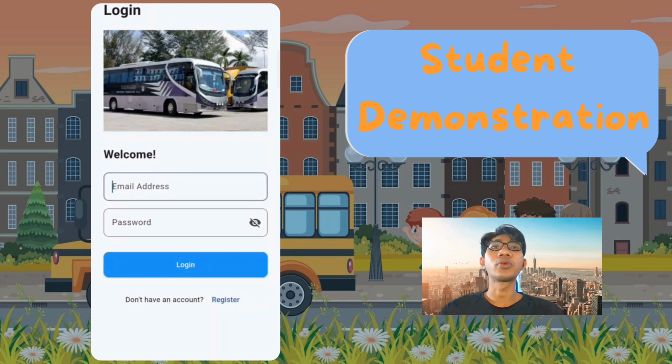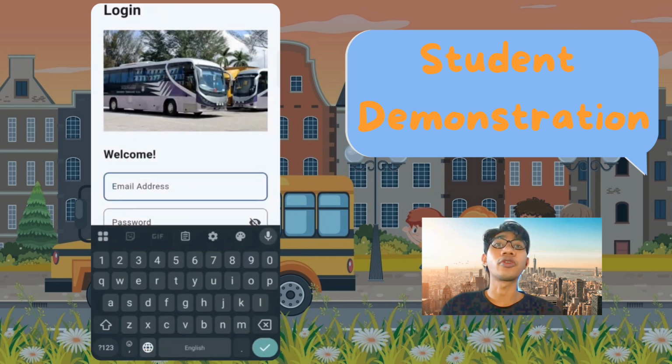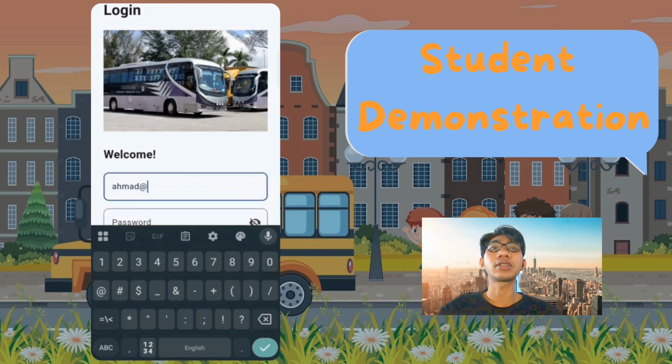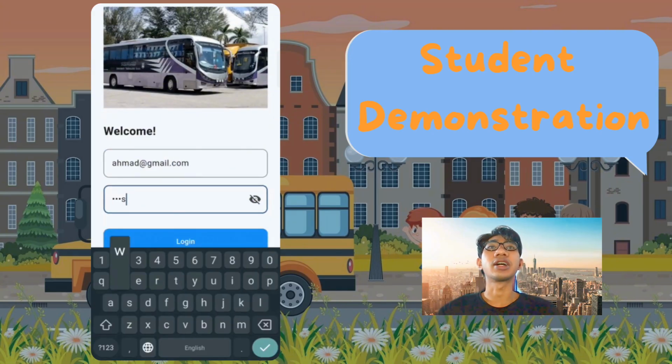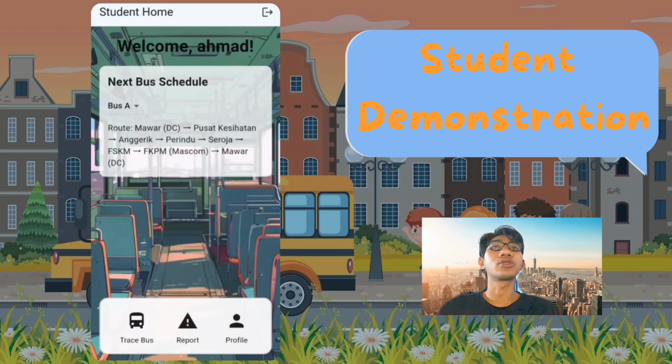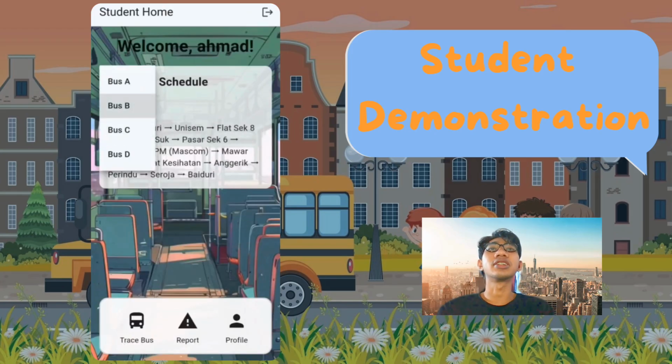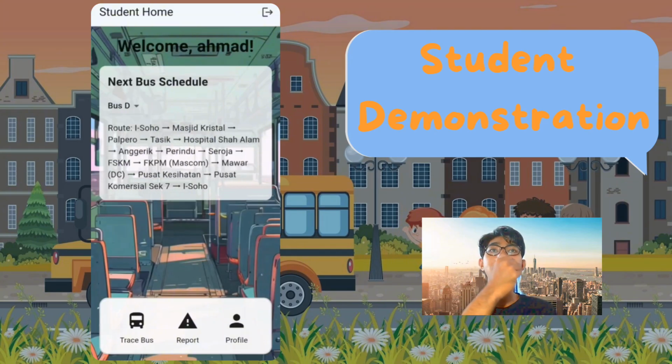Okay, now we will go to the demonstration for the student part. Like we always do for any app, firstly we need to log in using the email of the student, and also the password that has been registered. For the registration, you can see the part for Izzat. So here is the main page that will be